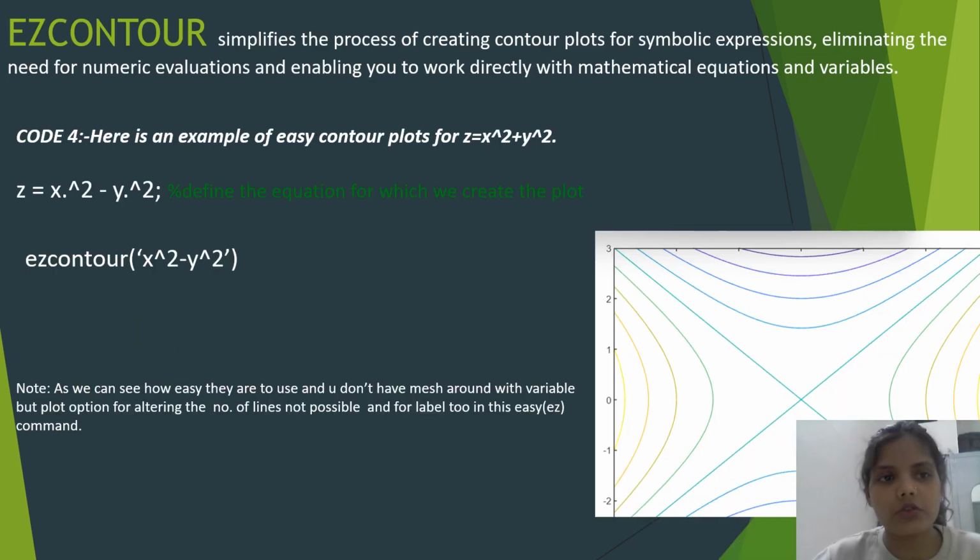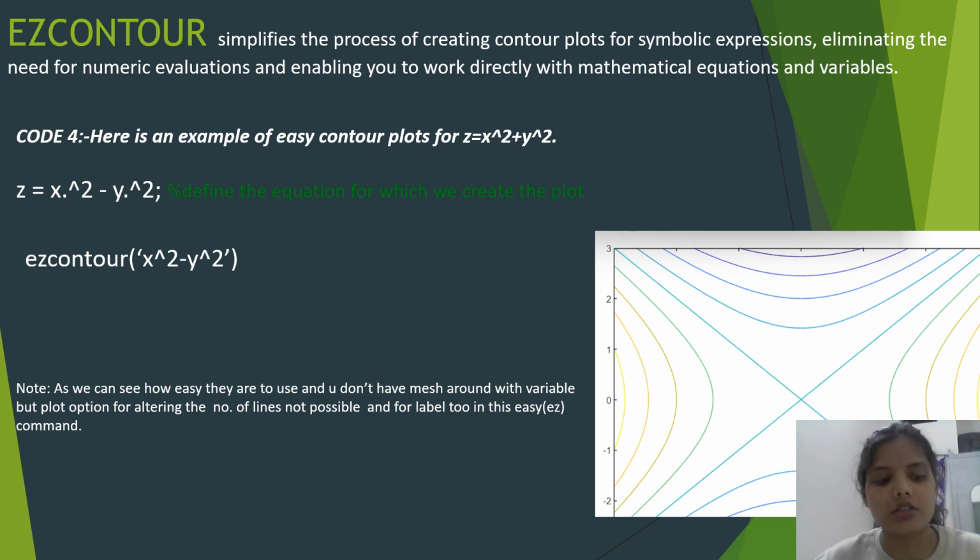So let me start from ezcontour. It simplifies the process of creating contour plots for symbolic expressions, eliminating the need for numerical evaluation and enabling you to work directly with mathematical equations and variables. In this plot we can use the two variable functions without having to go through defining the meshgrid